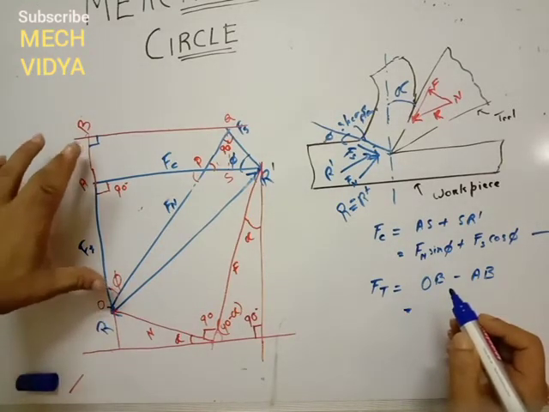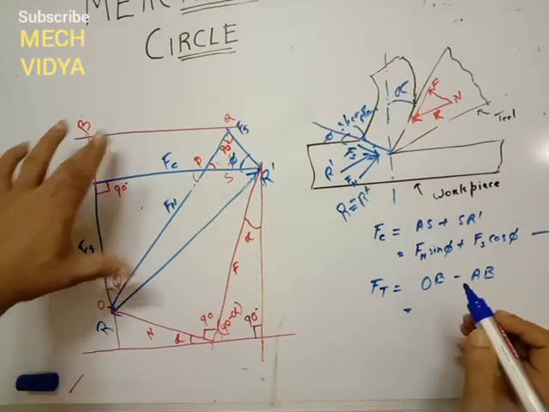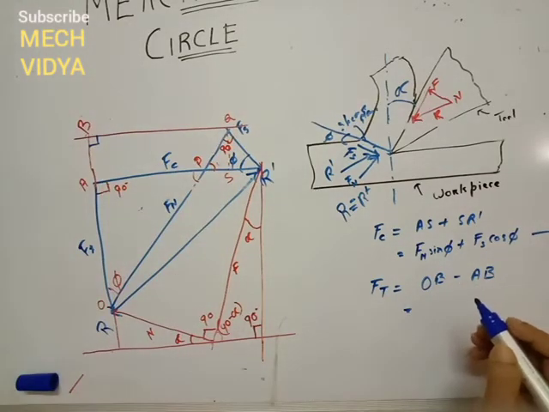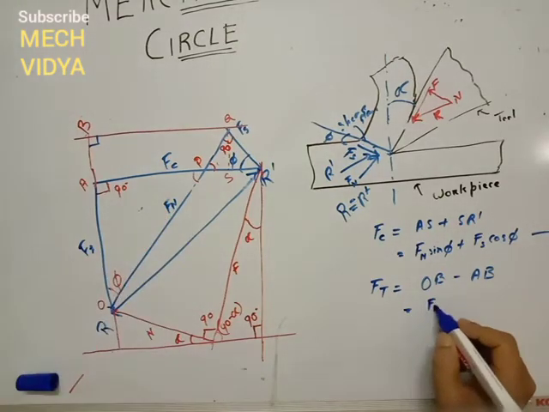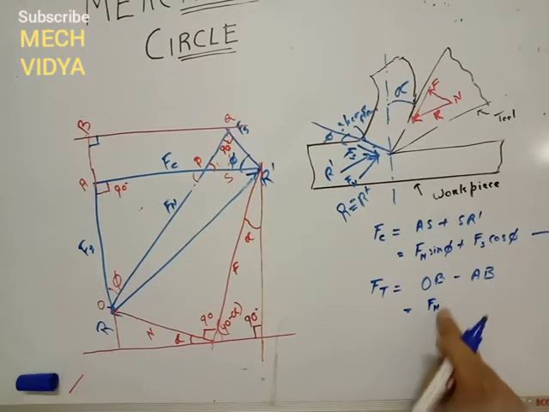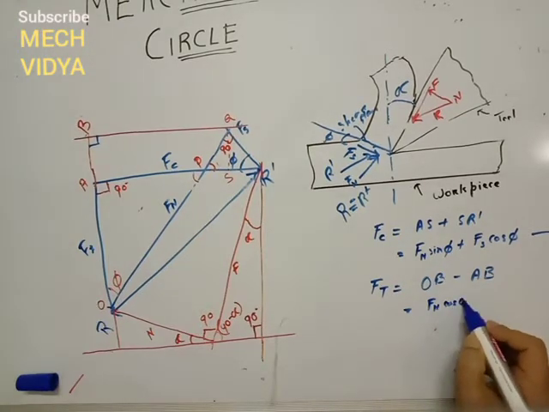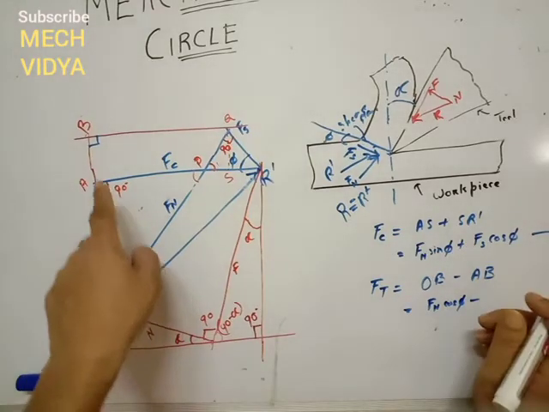So what is OB? If we consider OBQ, OB is the perpendicular. So from this triangle, it can be written as OB is equal to Fn, which is the hypotenuse, Fn cos phi minus